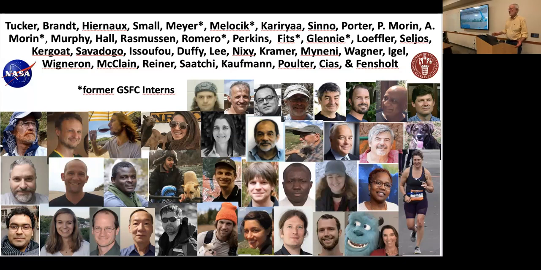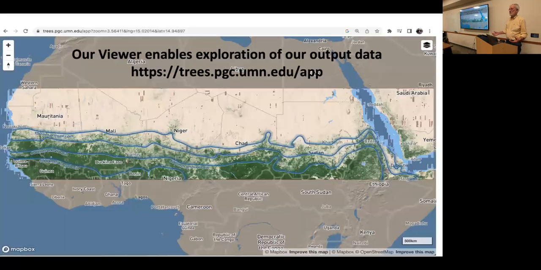Okay, so now I'll just show a few examples of how we get ourselves out of the box of 10 billion trees and how you use them in an intelligent way. So here's our viewer. This is online right now, and in our paper, in the methods section is a link to this. And the link is from the Polar Geospatial Center at the University of Minnesota. I'm leaving my presentation here with Dennis, and so people can access this and look at it.